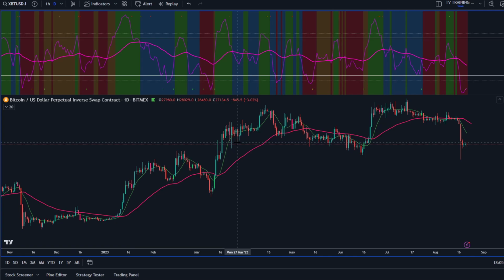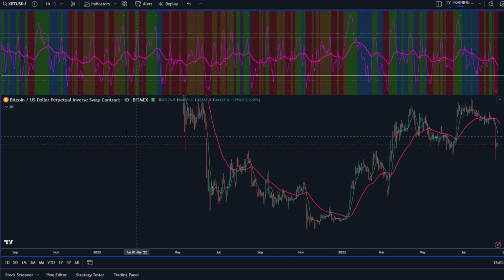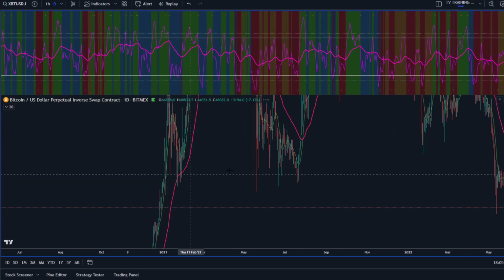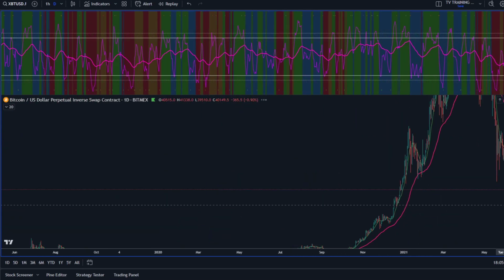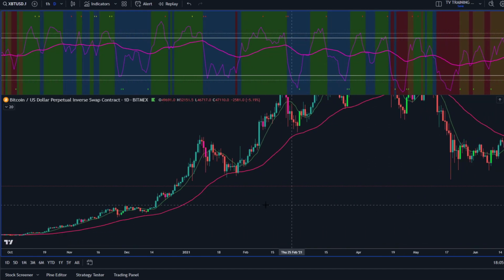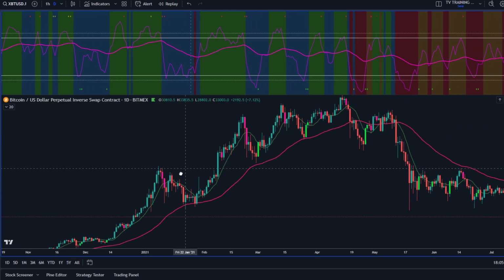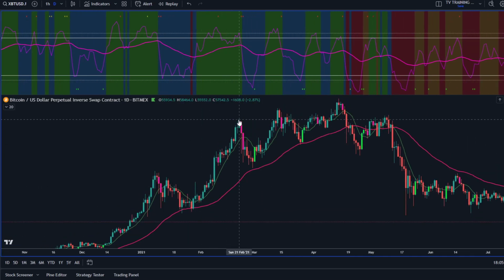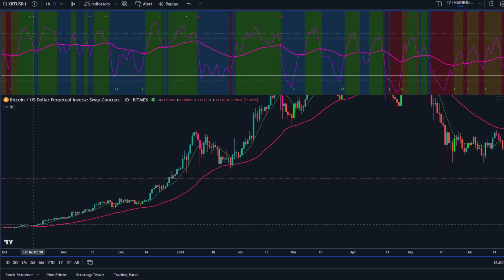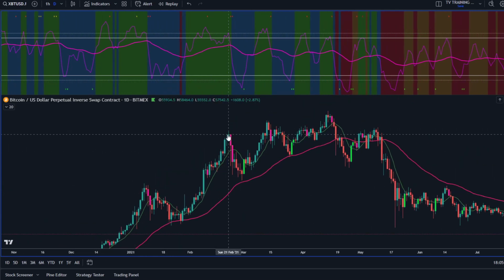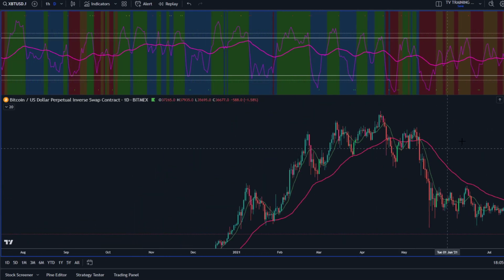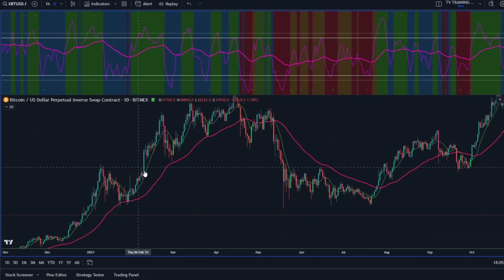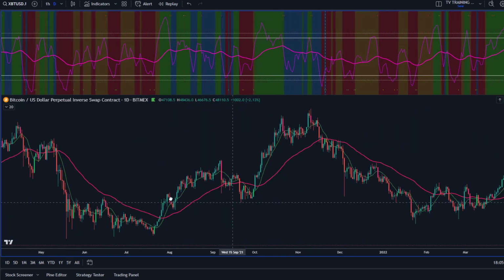People may say, oh, well, it's so simple. What do you mean? That's silly. Well, it is simple, right? I agree. So if you knew that it was that simple and you've been someone that has always understood that, then I'm assuming that you then bought here and you had this entire move higher. Or you bought here and you enjoyed the entire move higher. Or you bought here and enjoyed the entire move higher. Basically, that would mean that you were from 11,000 to 57,000 completely long, which you could have been utilizing just that one moving average, right?